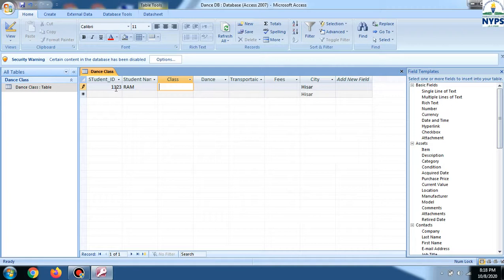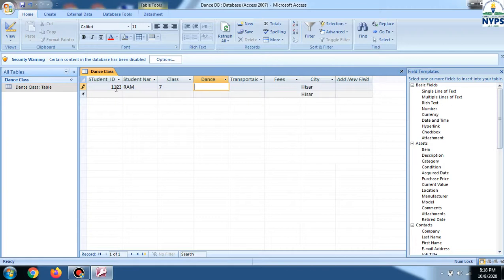When I am pressing this tab key, I am going to the next field. It automatically converts it into capital letters. I have put it in small letters, but it is automatically coming in capital letters. Because of which property? Because of that format property. I have put the greater than symbol there, and due to that symbol, all the alphabets are coming in capital letters now. Class I am entering here.